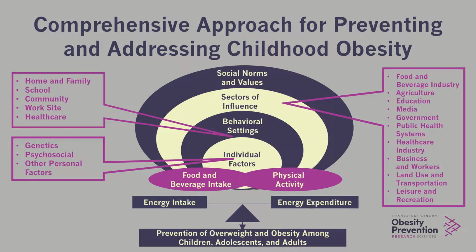Traditionally, researchers focus specifically on individual factors, but if we look at this diagram, we realize that there's multiple influences on obesity risk. We think about this kind of socio-ecological paradigm. So there are individual factors, but we know there are behavioral settings that influence obesity. We think about other sectors of influence, and one of those sectors is really the neighborhood. Neighborhoods really can influence your risk of obesity because it's where you live, where you work, where you play.